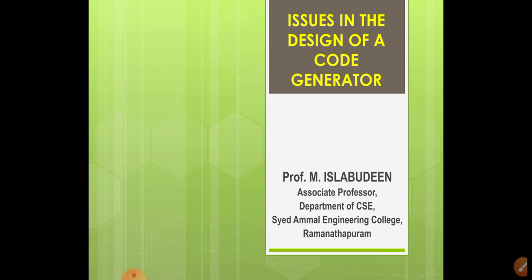When we are going to design anything, the design has an input as well as an output. For translating the input into output, we should perform some functions. The same kind of operation we are going to discuss here. What are the inputs of the code generation phase, what are the outputs, and what actions we are going to perform to translate the input into output.